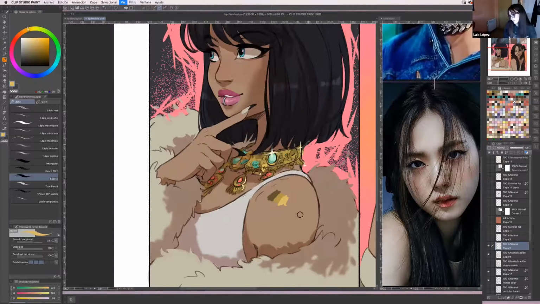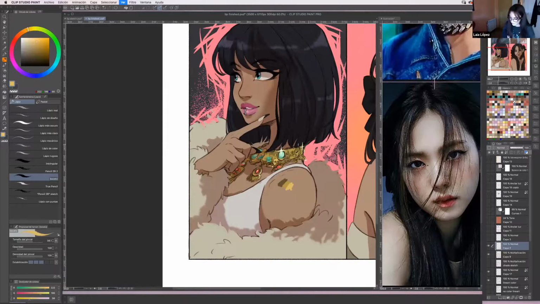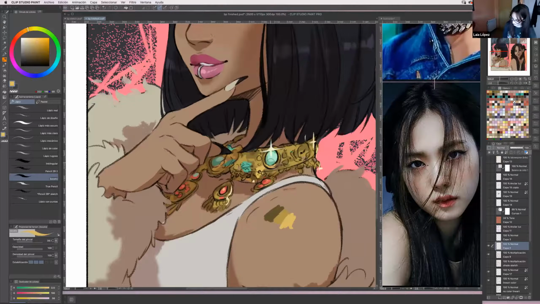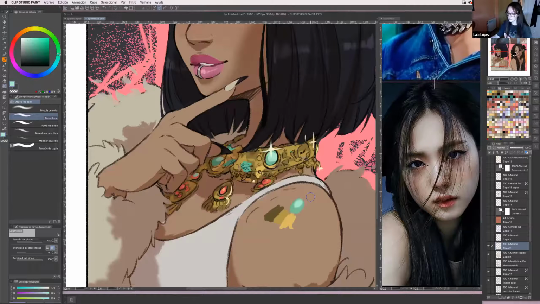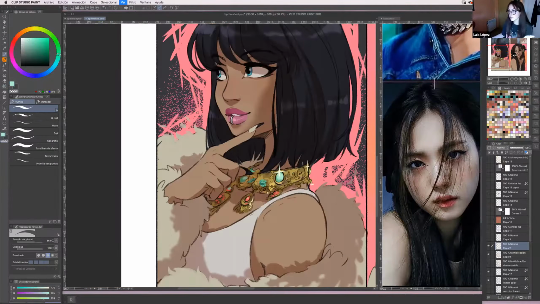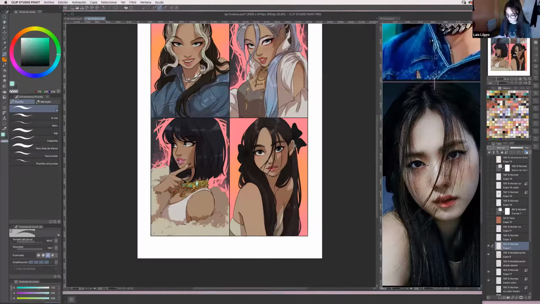I'm just saving time. To get that effect, it's basically a mix of colors. I didn't really go into much detail for this because, as I said, it will be seen from afar. So I think it looks good like this.